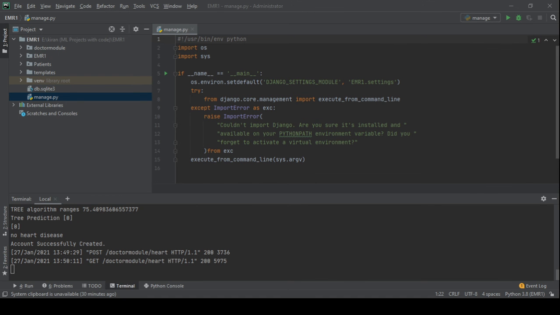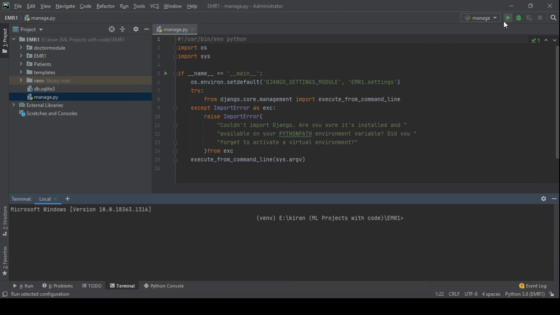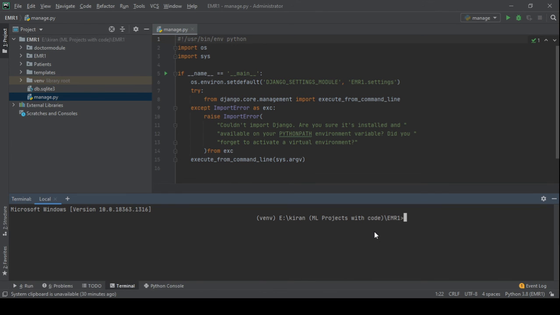When you come to PyCharm, again go to the terminal option below. In this terminal, you again have to run the code and go to the terminal. Now you enter python manage.py, that Python program file, and then enter createsuperuser. When you enter this much and click enter,